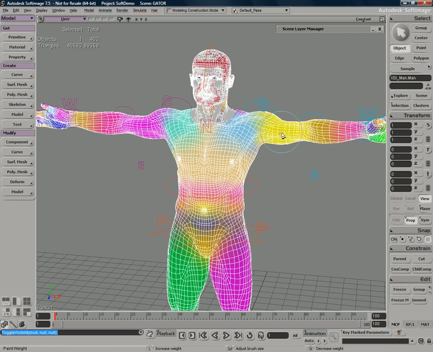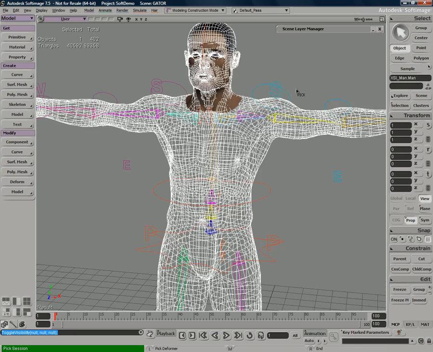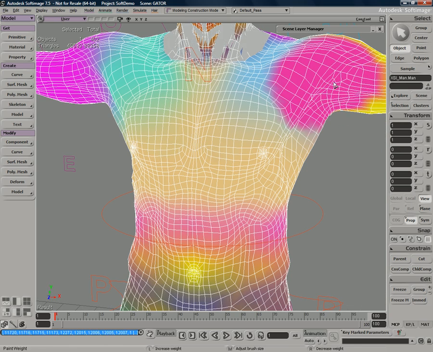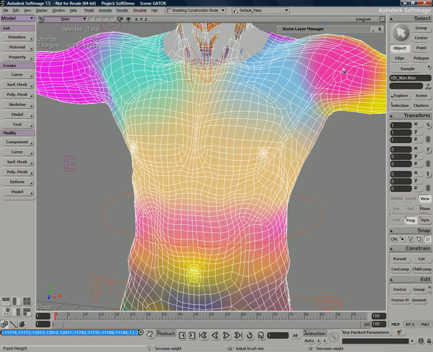By pressing the D key, the software will automatically go into wireframe. The mouse will say pick, and from here you could just pick the bone that you're interested in painting and begin to paint that bone. I think I actually misselected, but just go ahead and pick a bone, and then you can start to paint that, in that case, the shoulder.